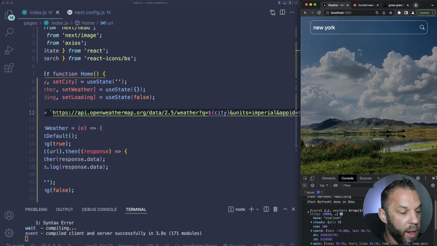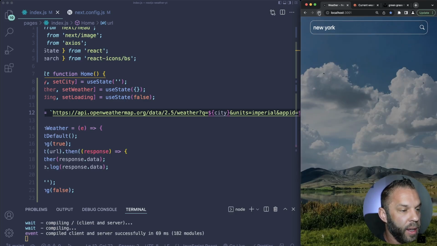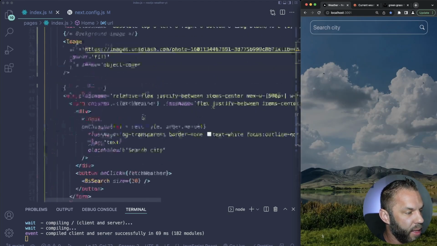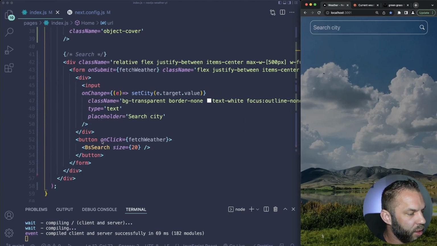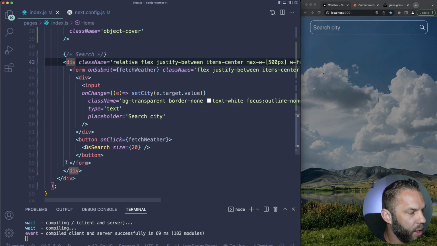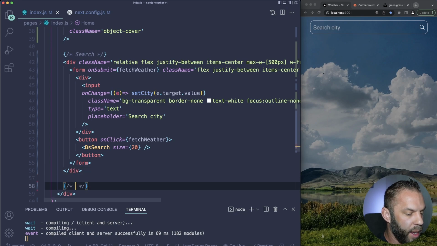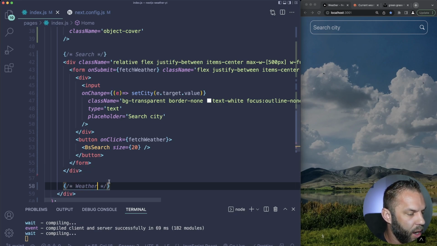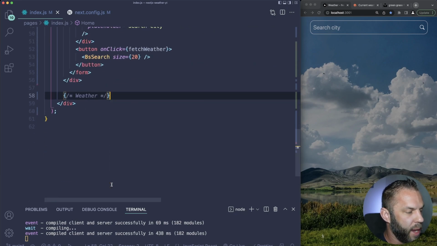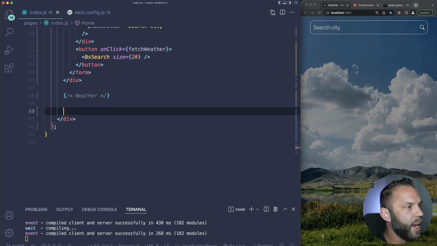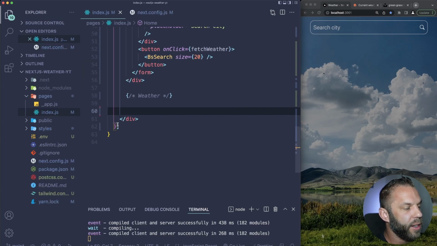Now, what we want to have is our data actually show up on the screen. So let's finish styling this out here. Down here, we'll put this just below our search. I'm just going to say weather, to have all our data displaying under here. So next, what we're going to do is display our data here. And instead of just putting all of this in the